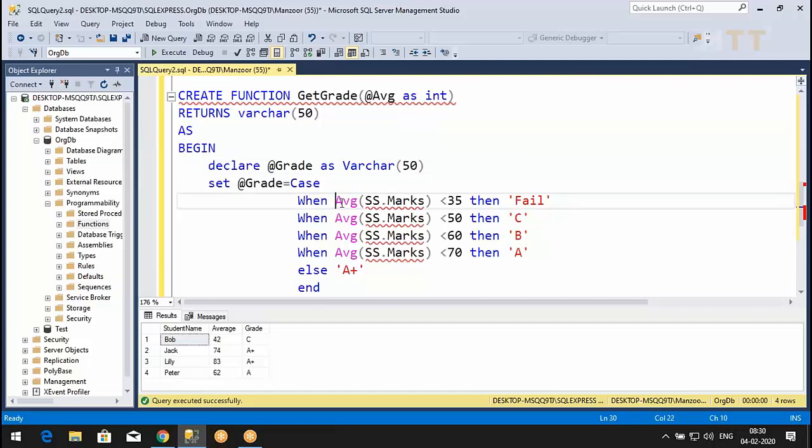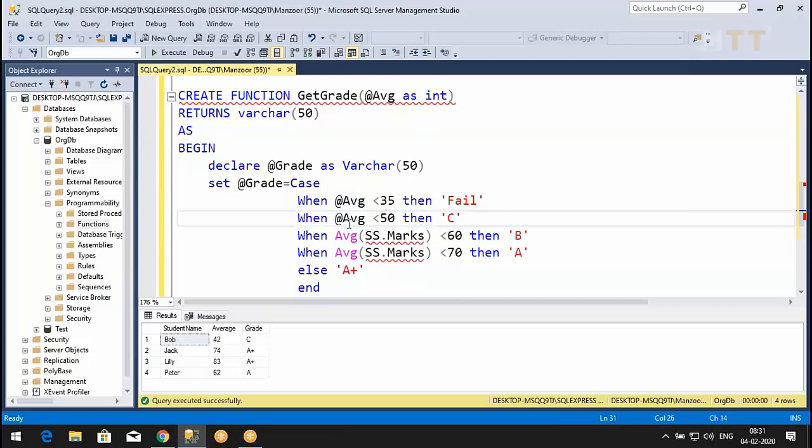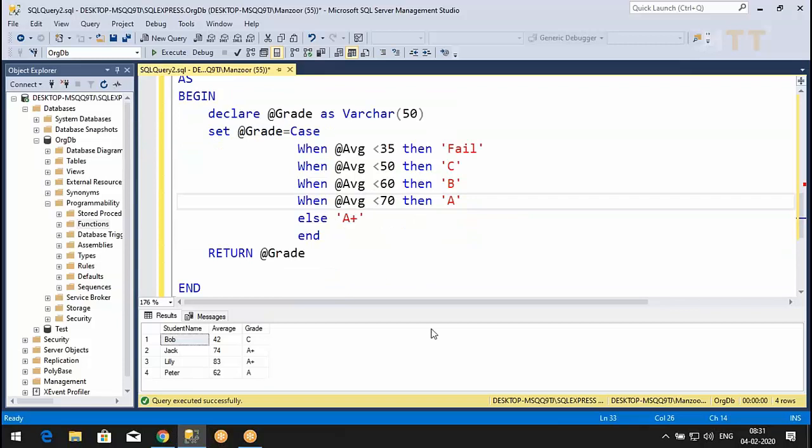But every time it is not average of this, I'll be getting whatever I have in my input parameter @average. At average, I'll check average, right? That's it.